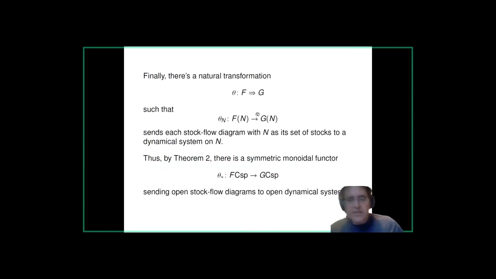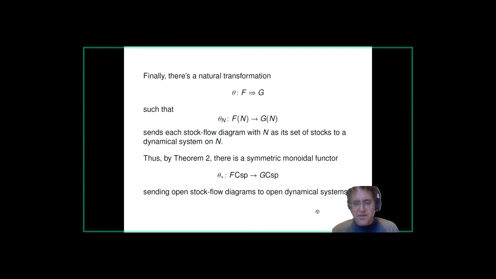And then finally, this systematic procedure I just alluded to and illustrated in an example, turning any stock flow diagram with some set of stocks n to a dynamical system on n, actually is a natural transformation. And thus you can use our second theorem to get a functor mapping open stock flow diagrams to open dynamical systems. So all of this is the type of thing that is implemented in the Julia code that my wiser